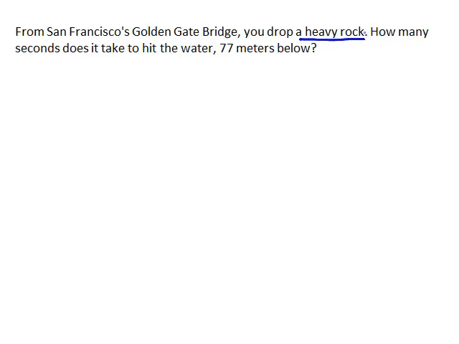We have a heavy rock. That means we can ignore air resistance. How many seconds does it take? That means it's asking for delta t. It's asking for the amount of time. 77 meters below. That's telling you that delta x, the displacement or the distance traveled, is 77 meters, and actually it's